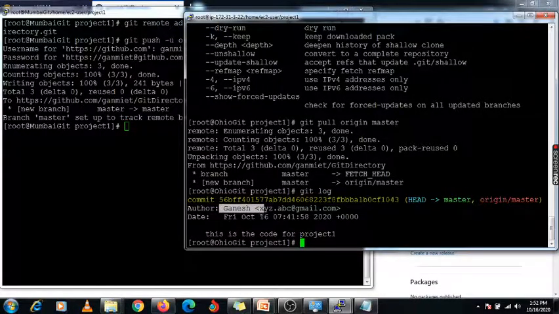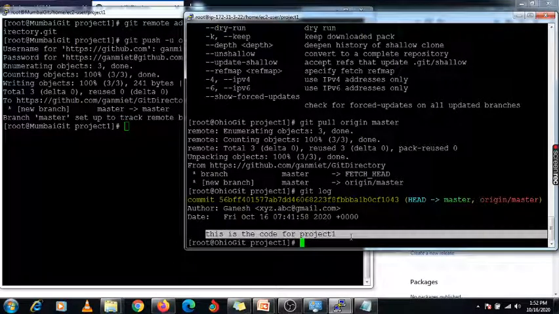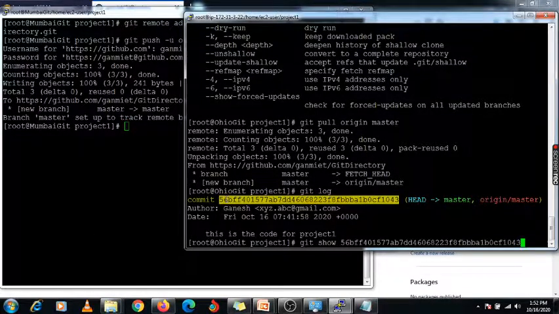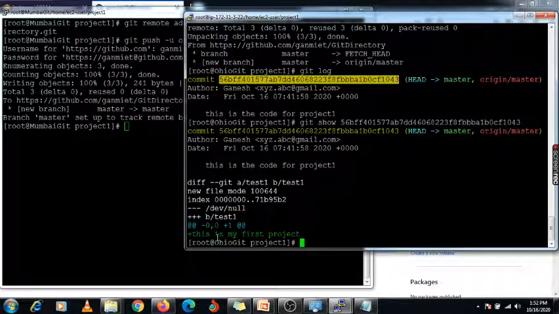This is my author, this is my user working on this code, and inside this code the information is written. If you want to edit something inside this code, you first need to check with the git space show command, git space show space this commit id. Under that commit id you will get all the information about your code.